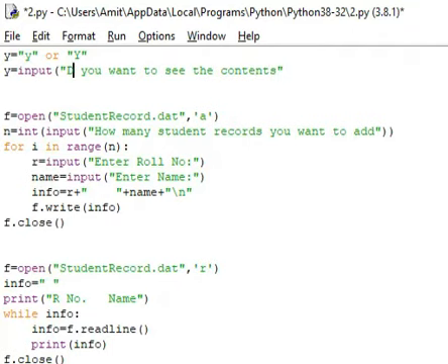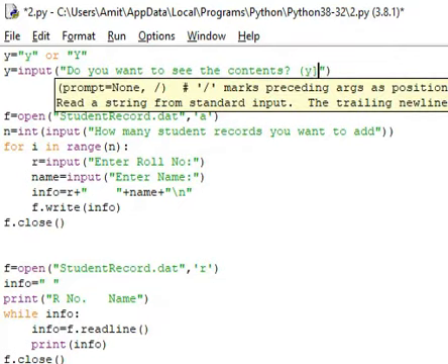Then it will be added in the character whether y or yes or no. So here I will write yes or no.